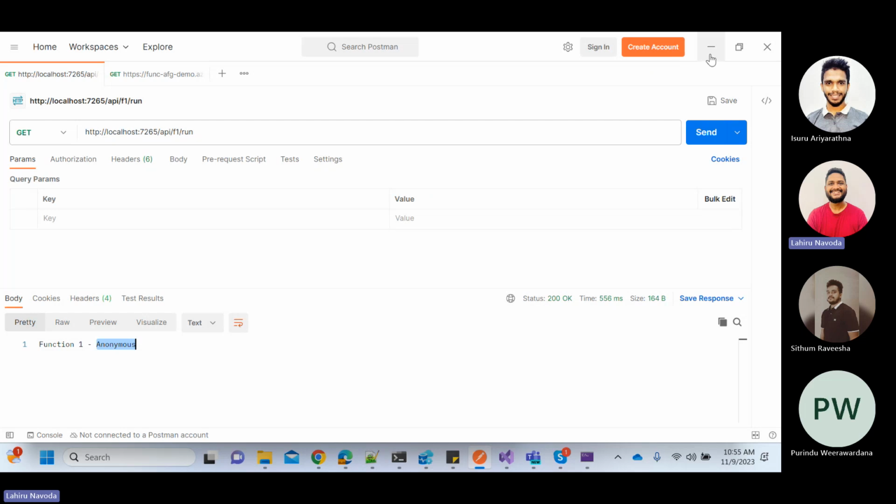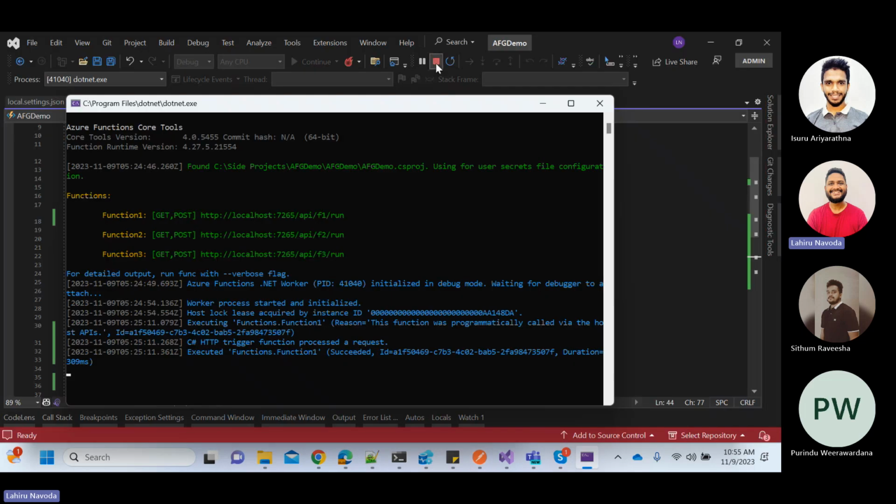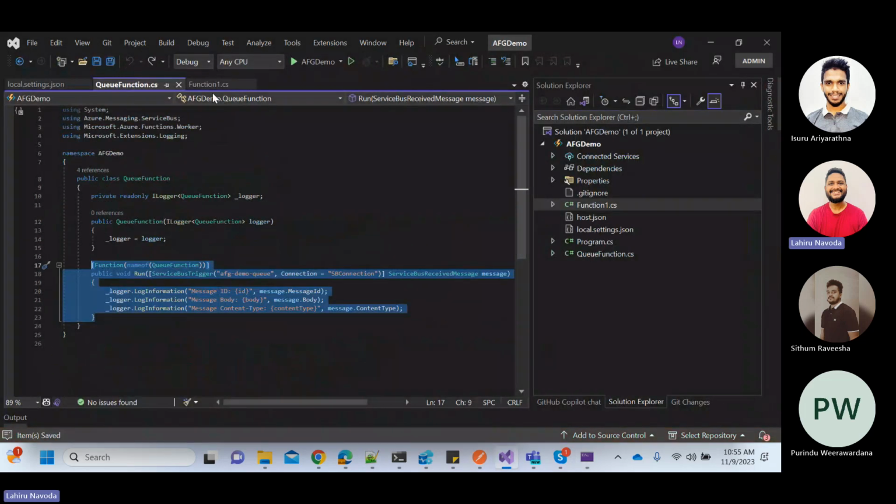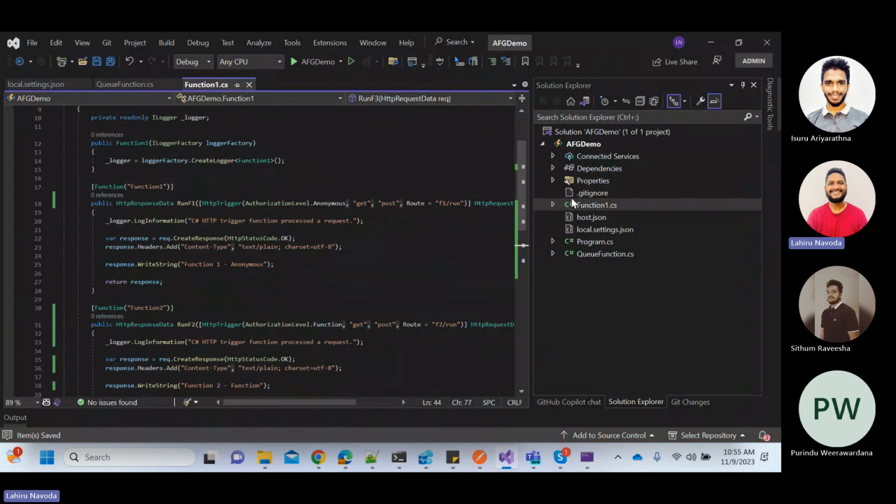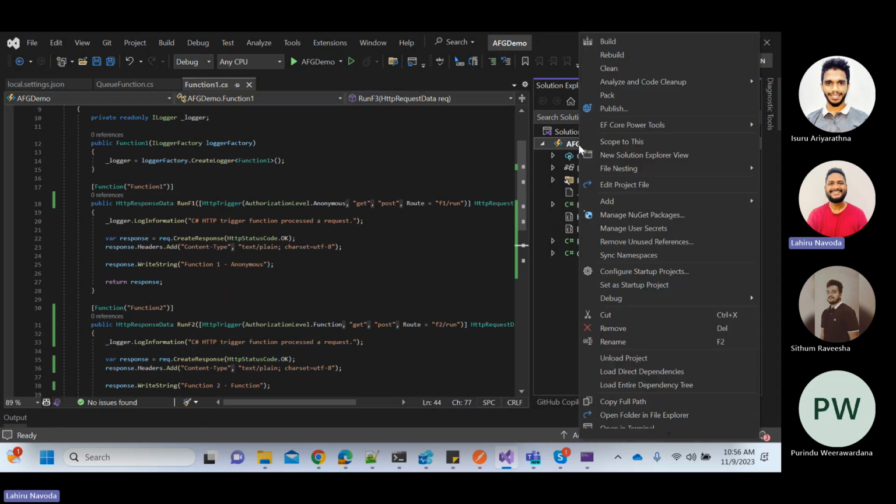So that's about defining functions, guys. Now let's try to publish this code base into our function app resource. When it comes to publishing your code base, there are several methods. For example, as the general practice in real world projects, we define CI/CD pipelines to release the code base into our Azure resources. But in this demo, what I'm going to do is directly publish this code base